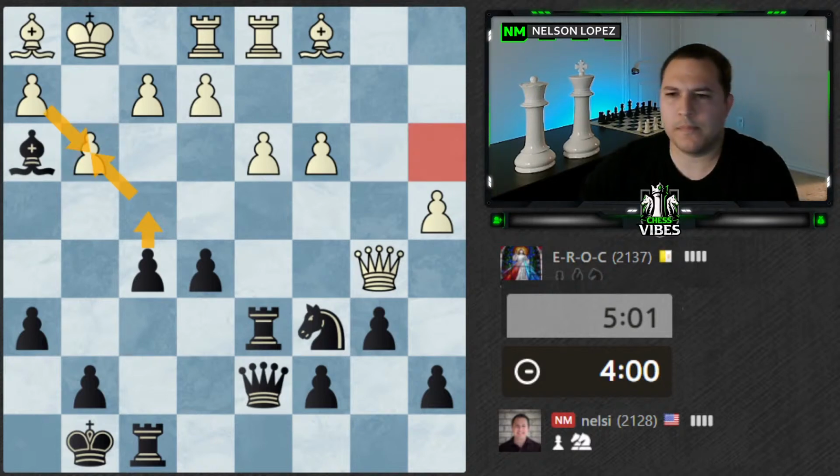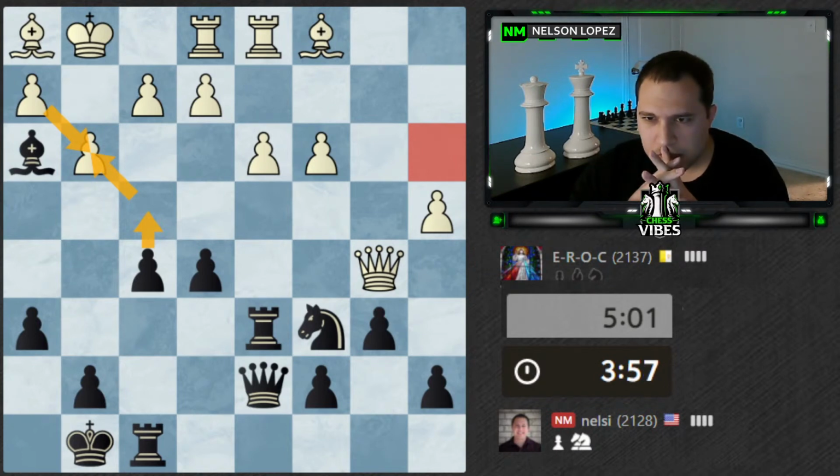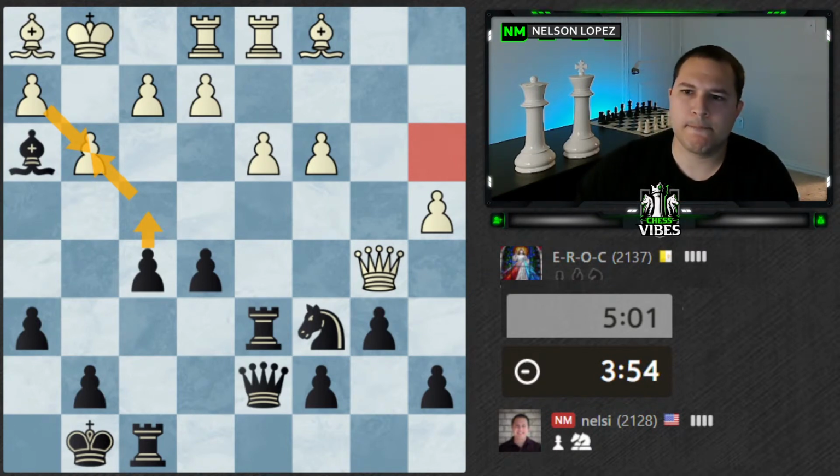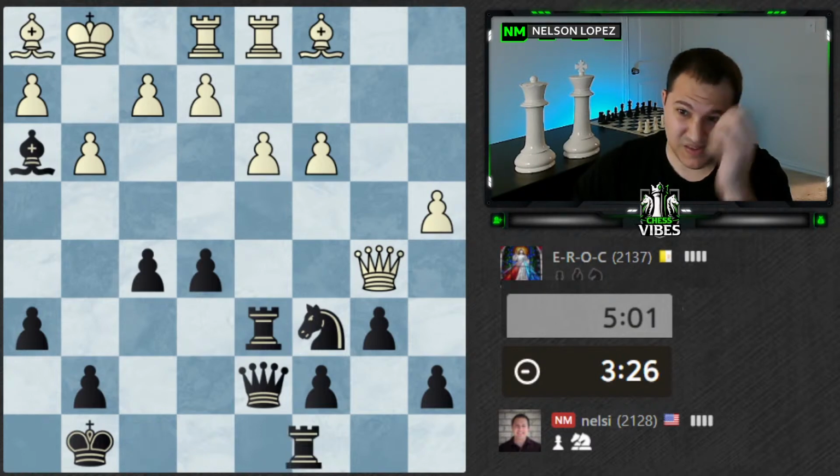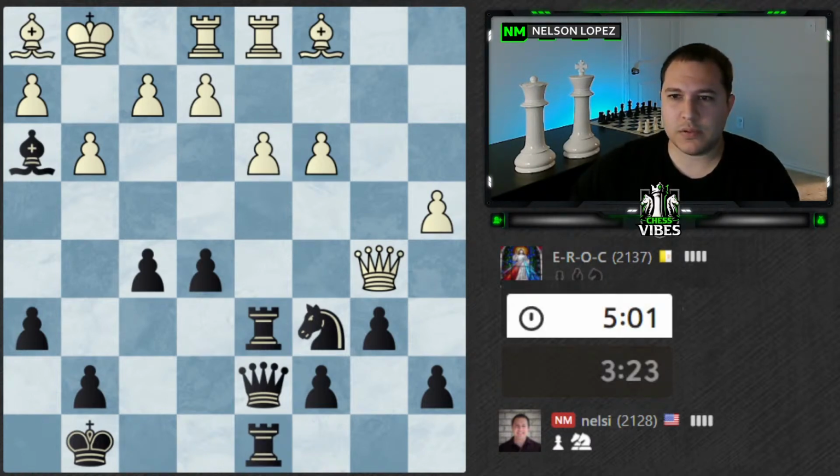How do I follow up? If I did something crazy like rook takes f2. Bishop takes. Queen here. Is that too wild? Yeah, that's too many pieces. Okay, maybe I just need to move the rook over or something. Okay, I didn't really want to do this, but I'm not seeing it fast enough, so...